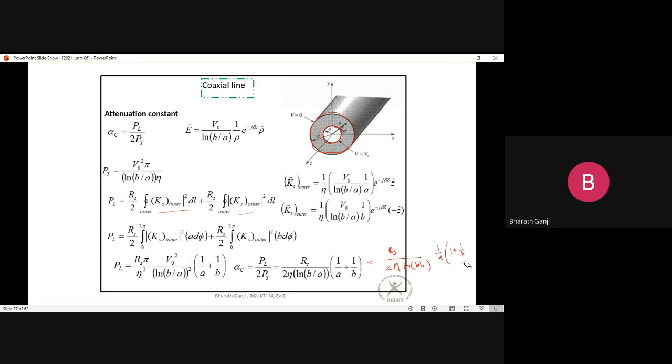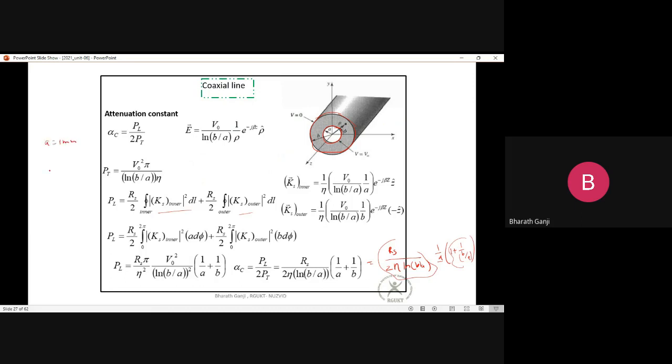So you get b by a, or I can write in the denominator b by a like this, right? So I can see that for a given value of b by a, this whole thing is a constant, and you can see it is inversely proportional to a. So I can say that if a is bigger, and if a is equal to 1 mm